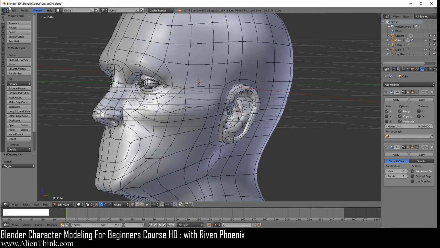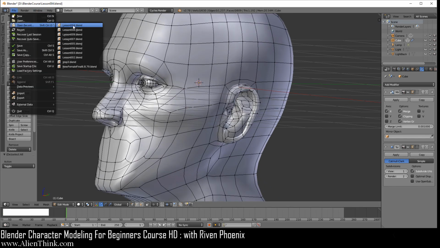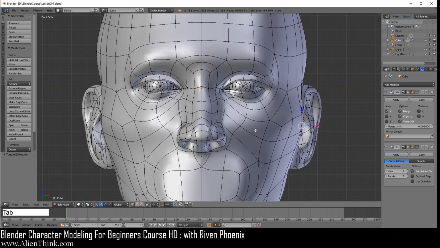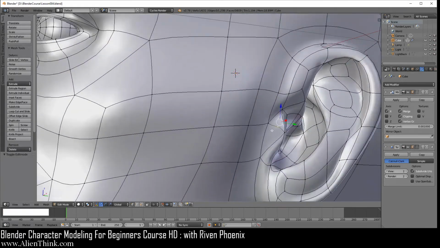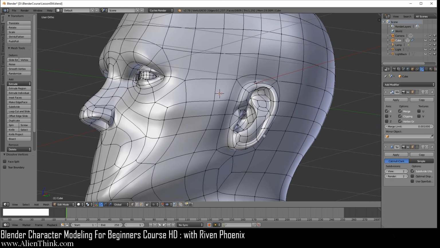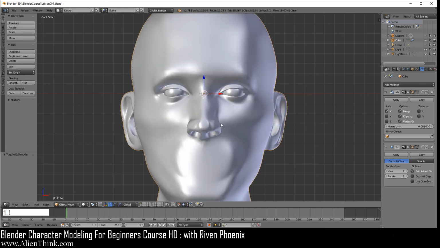So what you should do is basically just go ahead and open up that file, right click this, press Tab, and just go and find this vertex. You should see it if you've been following along, and just press X and dissolve this vertex. So now you know that, okay, it's no big deal. It's just going to be a quad. So just press Tab, go to your front view, and you can go back to the way it was.